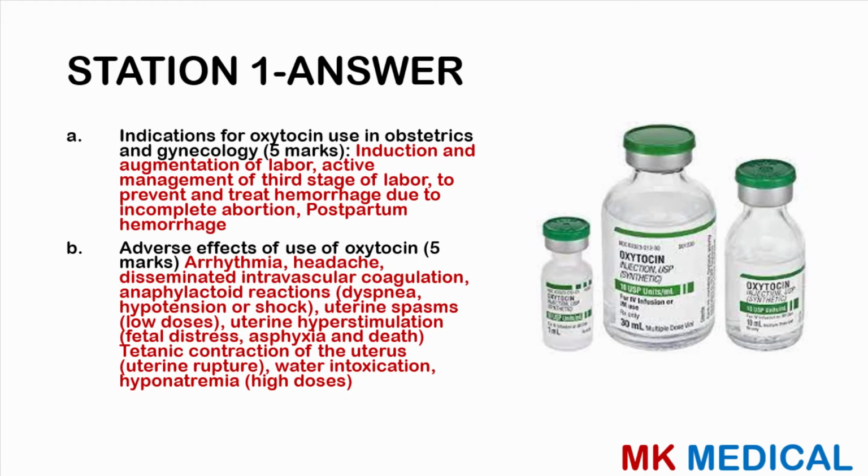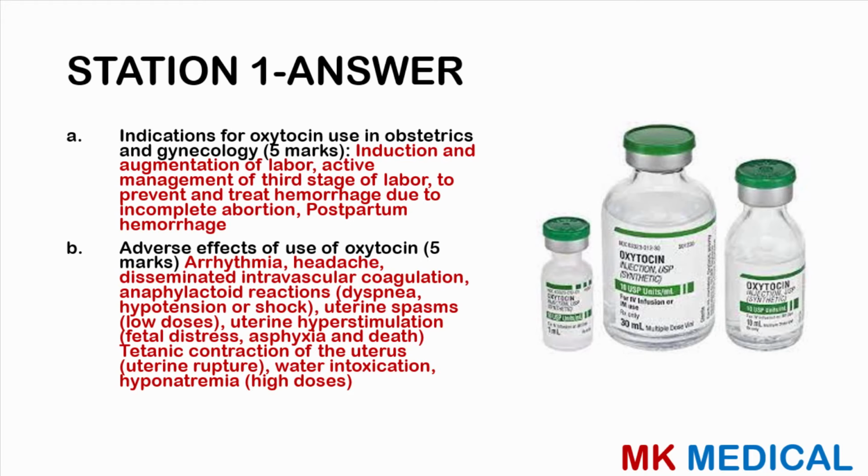Then some adverse effects of oxytocin include things like arrhythmias, headaches, disseminated intravascular coagulation, which is a bit rare. You may get some anaphylactoid reactions, so it may cause dyspnea, hypotension, or shock, especially when given as a bolus. In low doses, it may cause uterine spasms, and then in much higher doses, it may cause uterine hyperstimulation, which